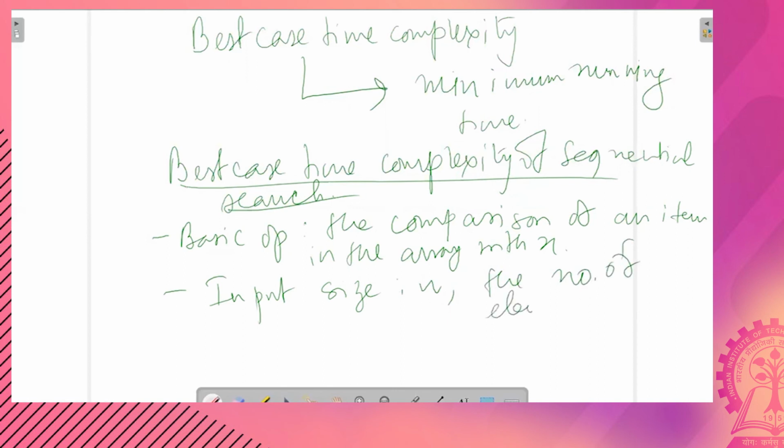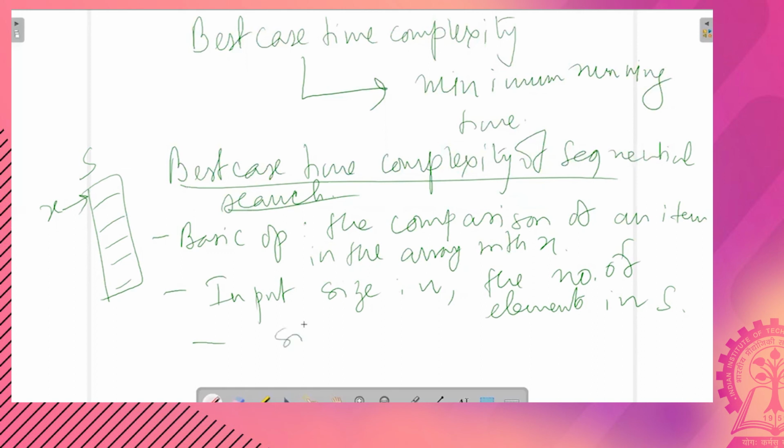So when does the best case arise? If this is my S, when x matches with the very first element. So you do only one comparison, just a single comparison to infer whether x is present in S or not.